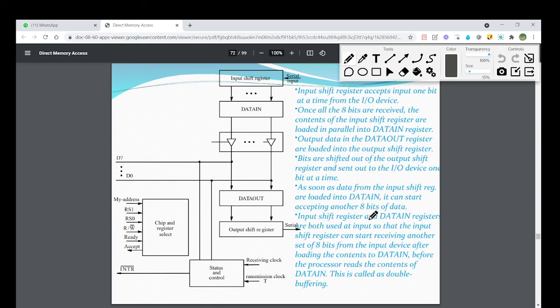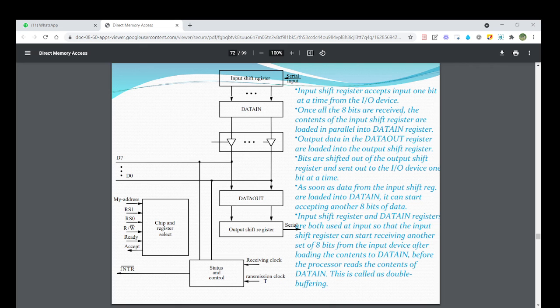Input shift register and data in register are both used at the input so that the input shift register can start receiving another set of 8 bits from the input device after loading the content into data in, before the processor reads the content of data in. Since we are using the shift register as well as data in as buffers, this is called double buffering. That is the explanation of the serial port and its working.